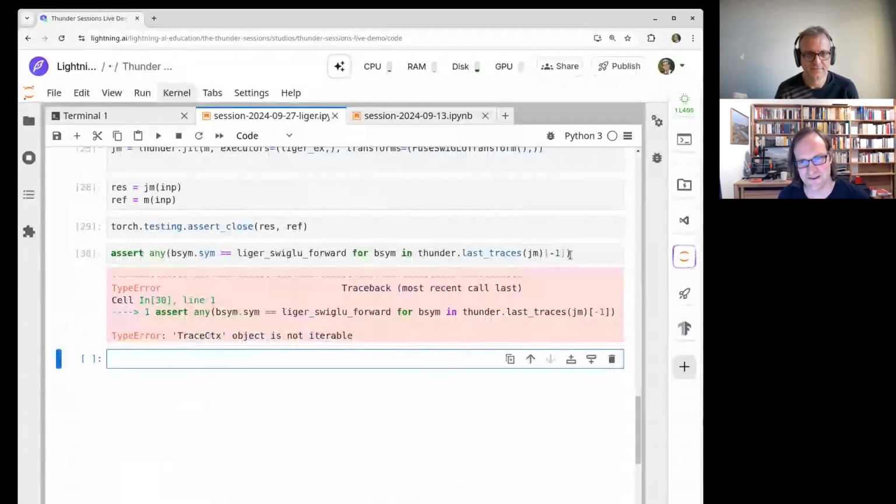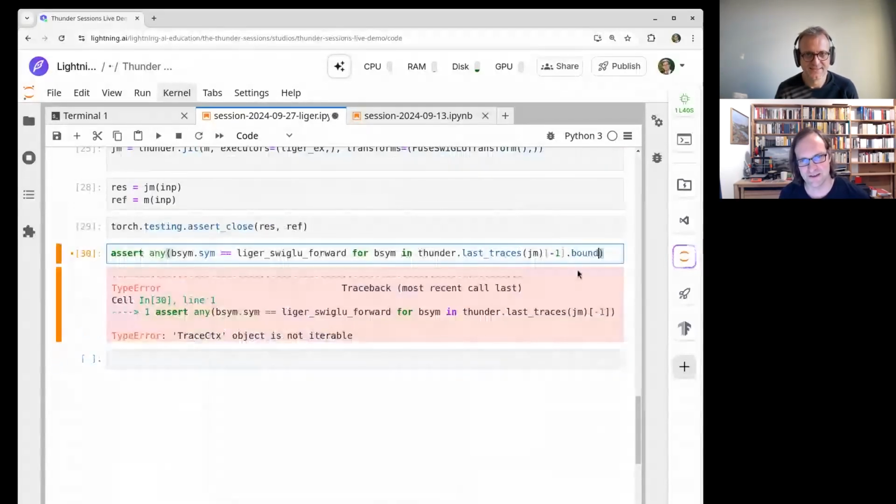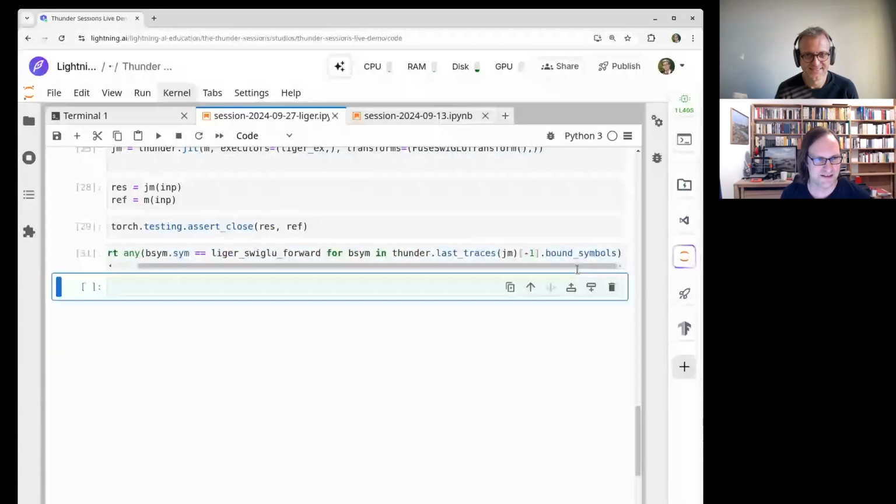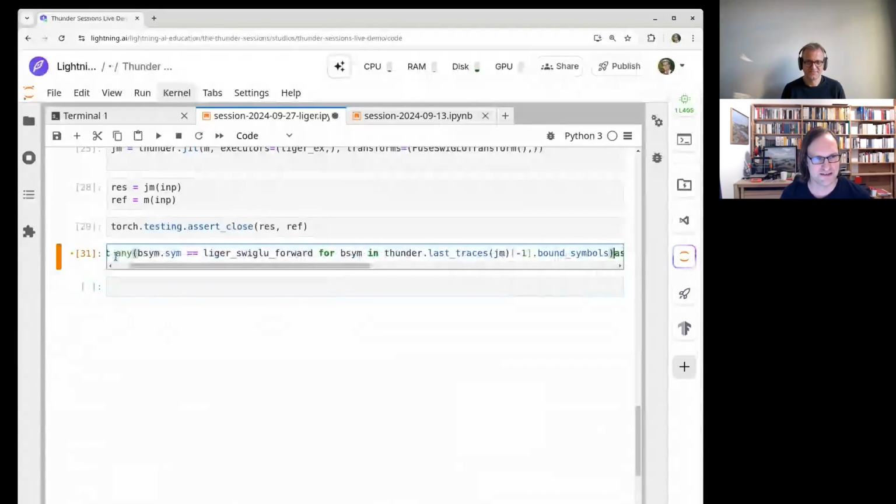I forgot to say I want to iterate over the bound symbols. And so this is great.